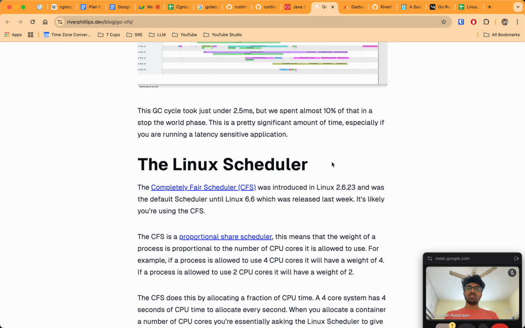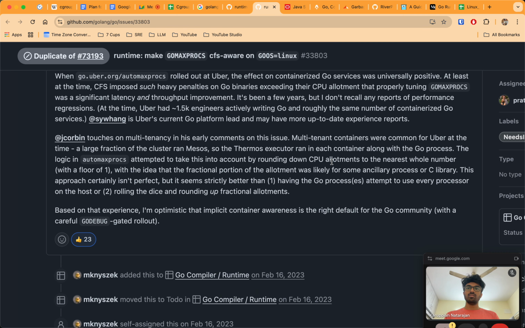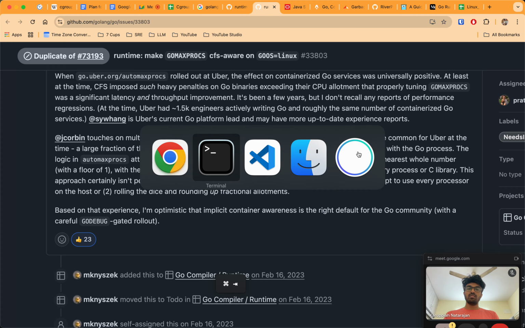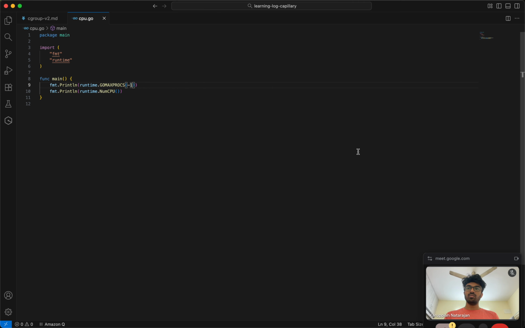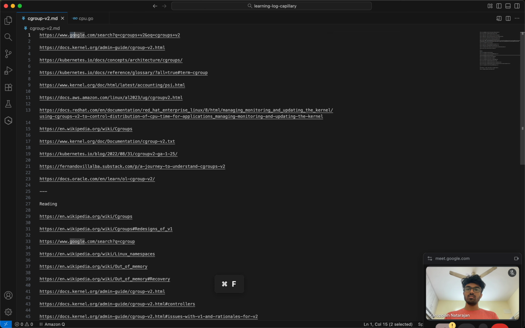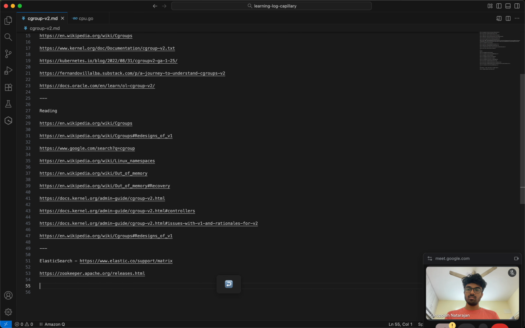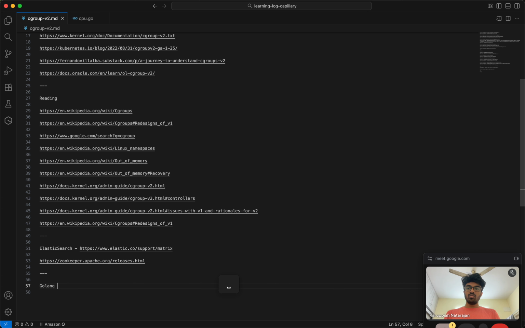I think I have quite some stuff to look through. Mainly this for Golang cgroups v2, Golang cgroups and cgroups v2.